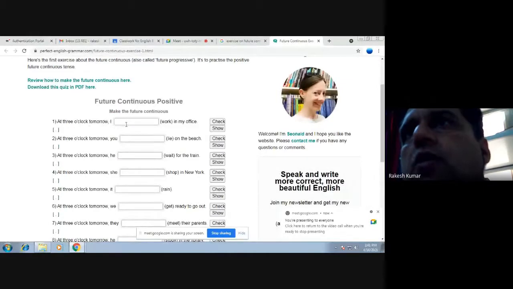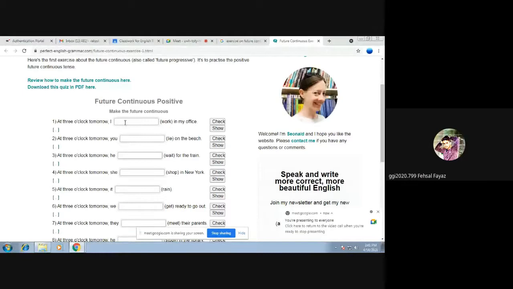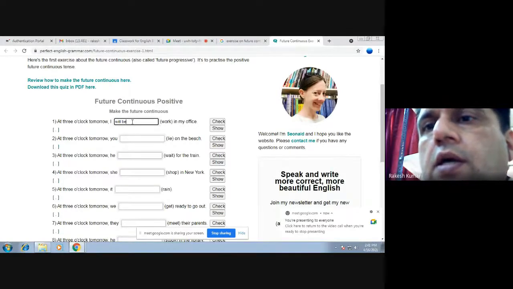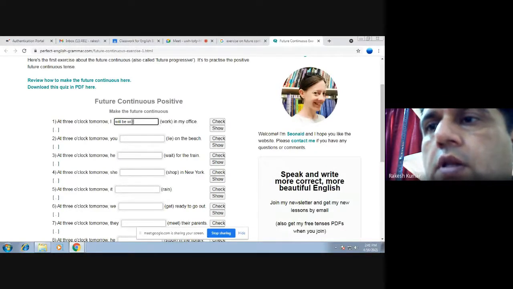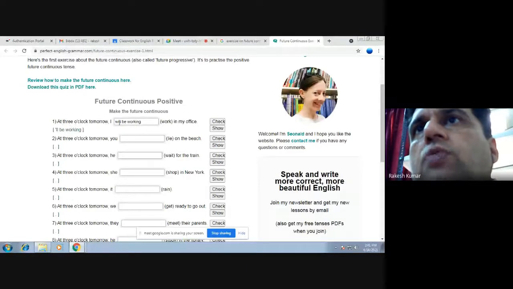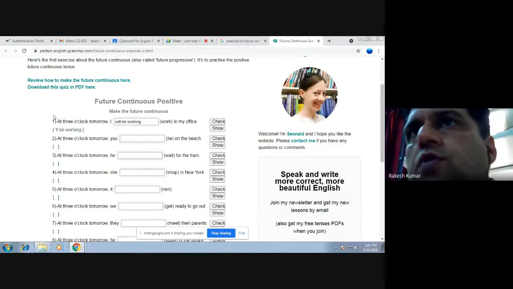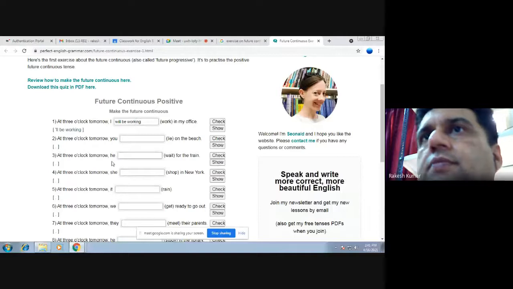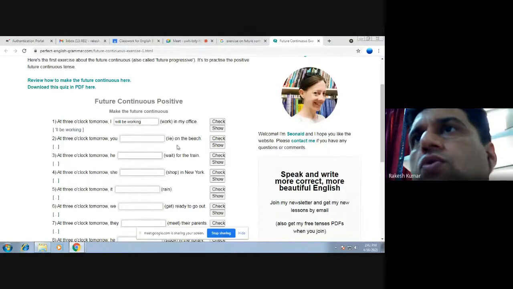At 3 o'clock tomorrow, I dash work in my office. I'll be working in my office. I will be working. Okay, will be working. At 3 o'clock tomorrow, I'll be working in my office. So this is what I have said, that because you imagine something, you believe that tomorrow this is going to happen. At 3 o'clock tomorrow, you,